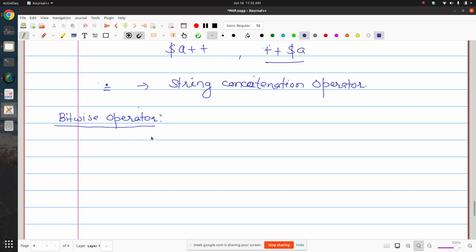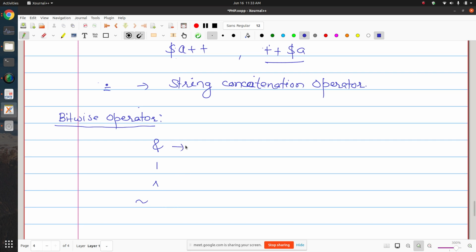So you have the bitwise AND operation. Sorry, not this one. You have the AND operator, this is bitwise AND, and this is the bitwise OR operator. Then this is the bitwise XOR operator. Sometimes people call it the JOR operator, but I like to call it XOR. Then this is the NOT operator.